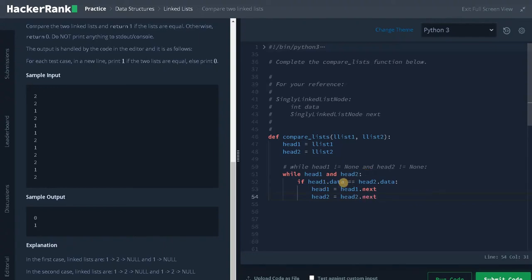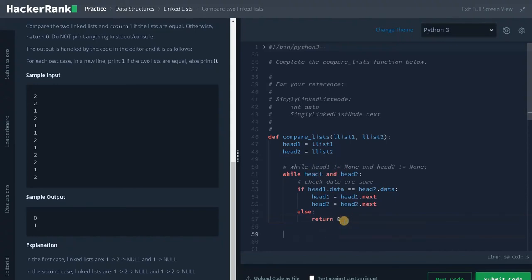So if both the data are the same, we will move to the next pointers. If it's not the same, obviously the linked lists are not equal. In the else part, we will return 0. So this will continue until one of the head pointers reaches the end.